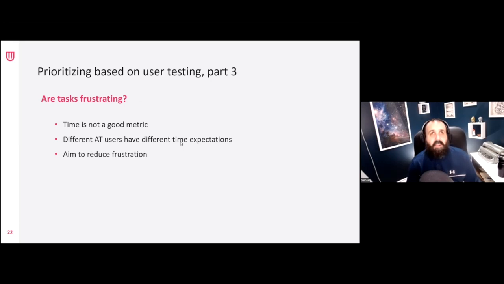The next thing then you can dive into is the frustration of tasks. Sometimes companies can think that time is a good metric here. However, at Fable, we find that it really isn't. Different IT users have different time expectations. And so what you want to be aiming to do is reduce frustration and make the user experience the best